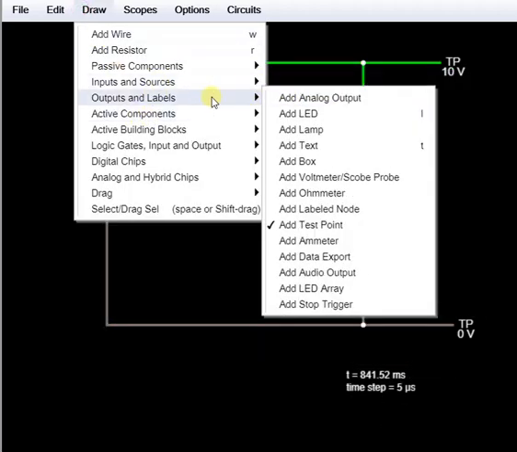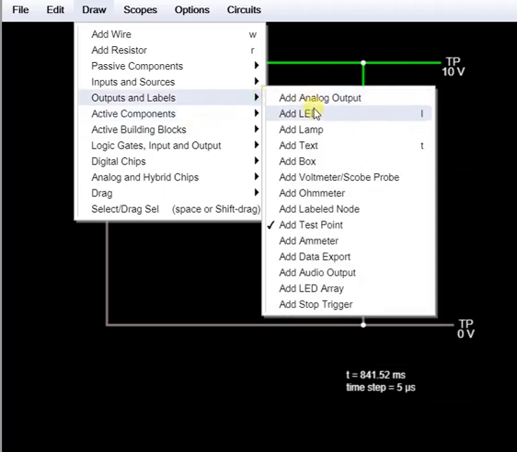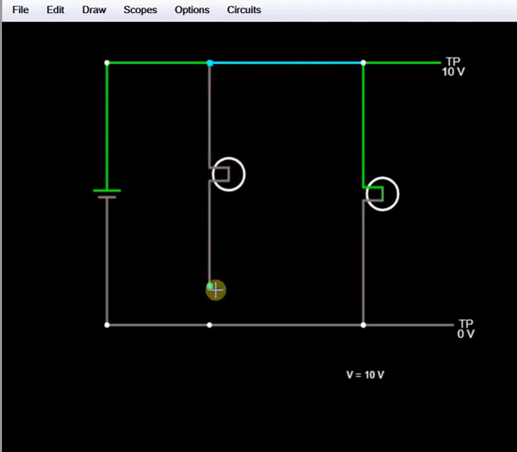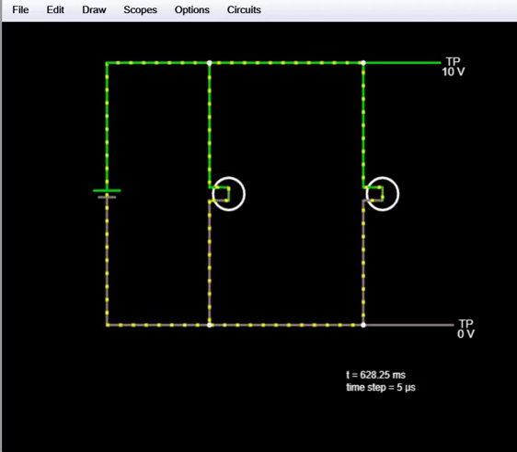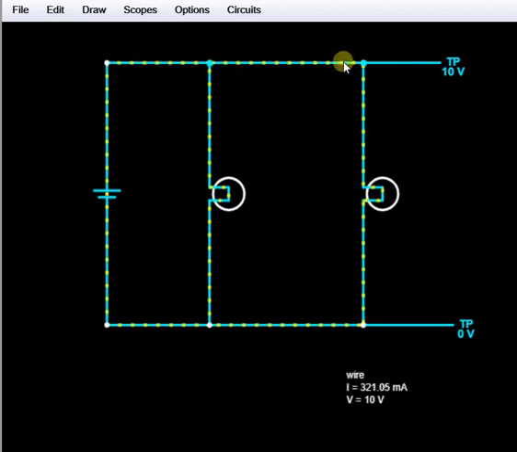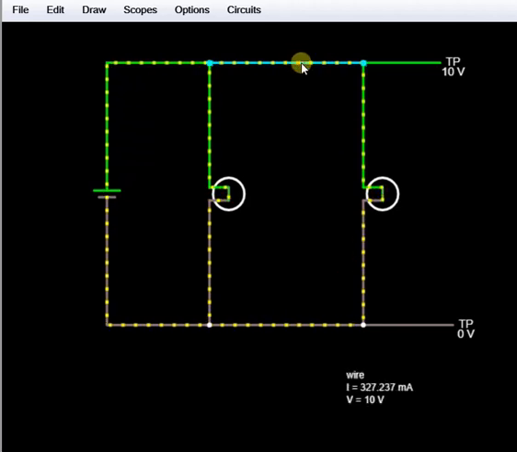In this case, I am going to demonstrate how the parallel combination works. So I am going to connect two bulbs in parallel with the DC voltage source. When I run the circuit, you can see that the current flows in the entire circuit through both the bulbs. As we have understood from the theoretical part, when we have the parallel combination, the current will flow in multiple paths.